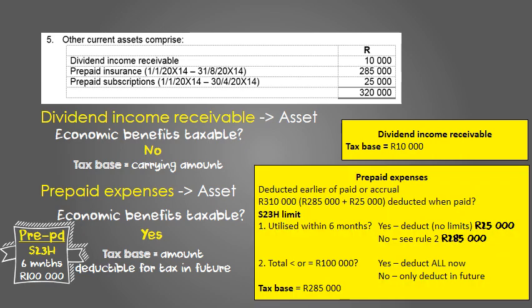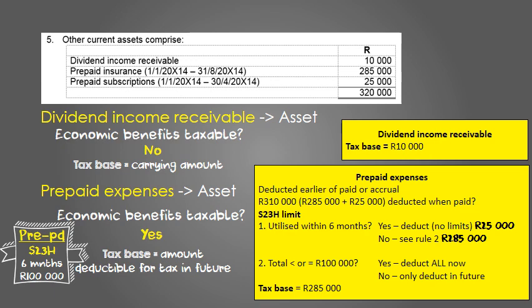So normally we know that expenses are deducted at the earlier of paid or accrual. So will we be allowed to deduct these prepaid amounts in the year that we've paid them? Now, how Section 23H works is we have two rules. The first rule says that if we are going to utilize the benefit from this prepaid amount within 6 months after year end, we will be able to deduct the full prepaid amount in the year that we have paid